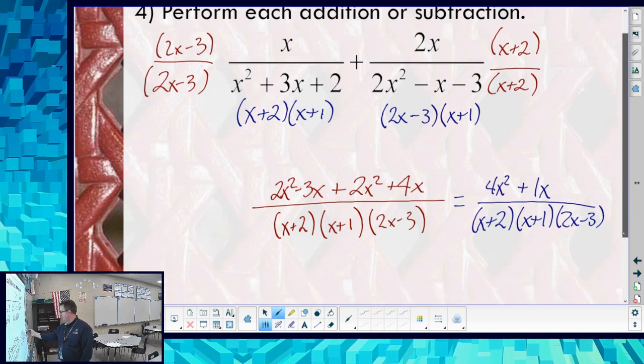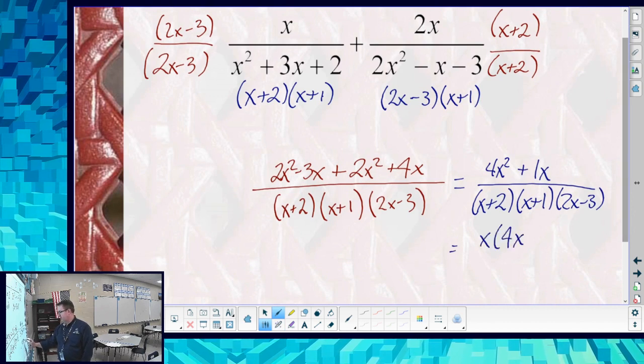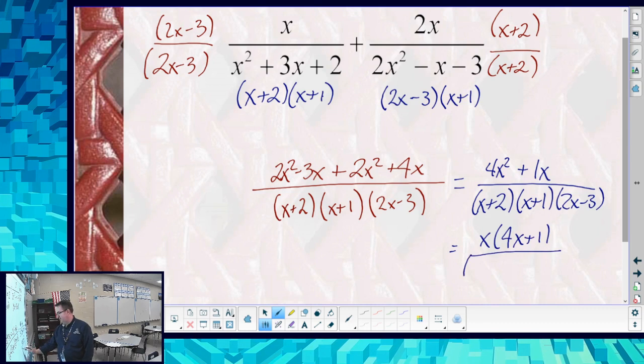So it doesn't look like it's going to work because on the top I can factor out an x, and on the bottom